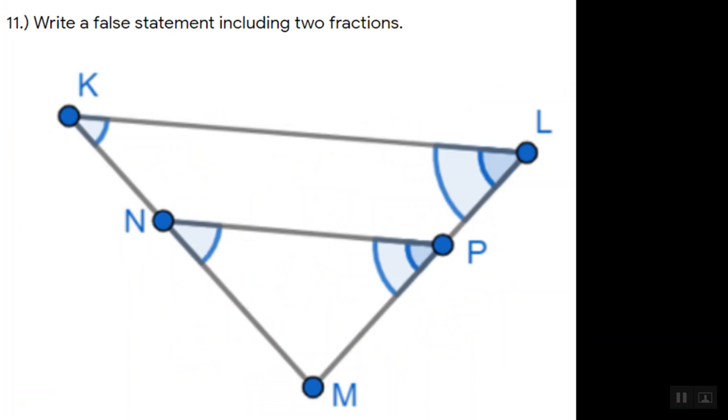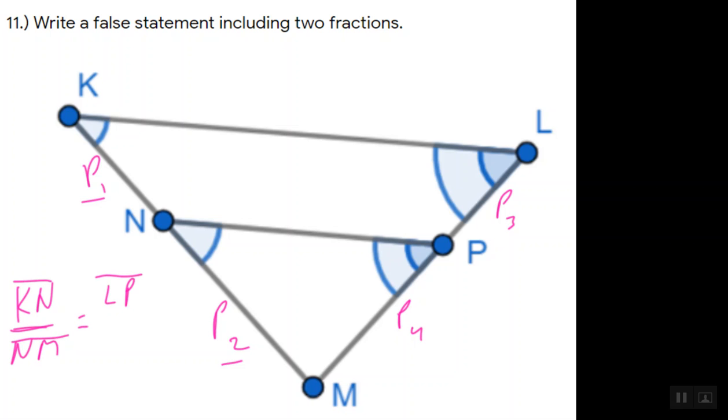Okay, problem 11 says write a false statement including two fractions. So let's just label some things here. Let's say this was part 1 and this was part 2 and this was part 3 and this was part 4, just looking at those segments. How could I make a false statement? Well, I could say something like this. KN over NM, remember that's part 1 over part 2, is equal to part 3, let's say LP, over